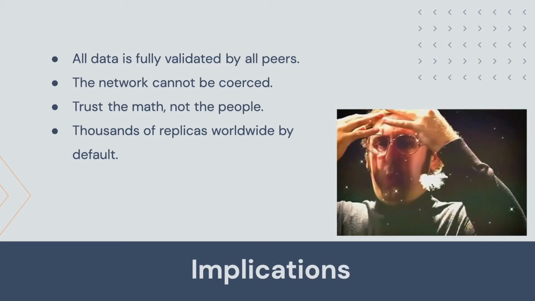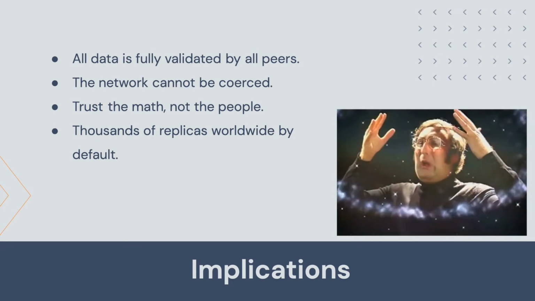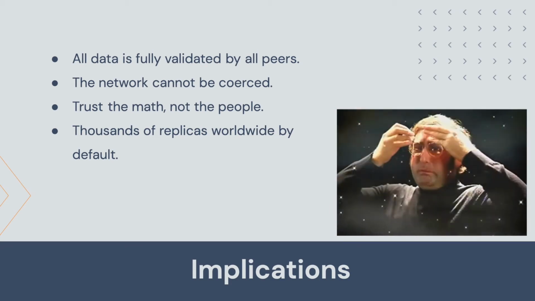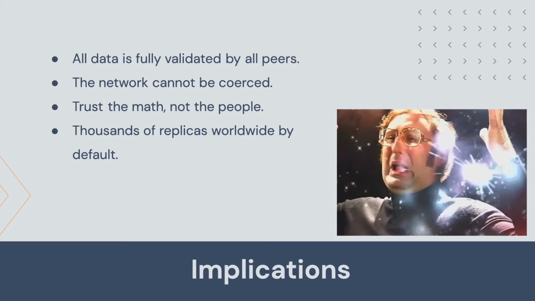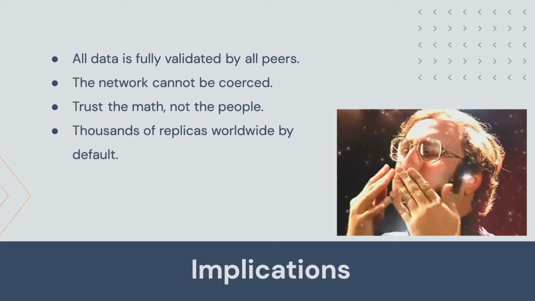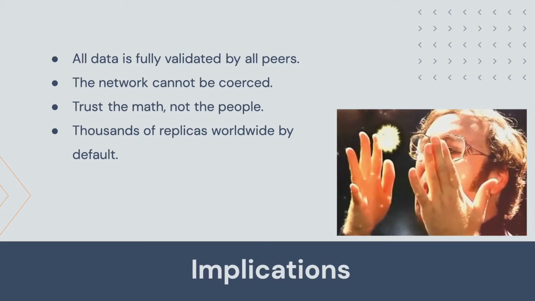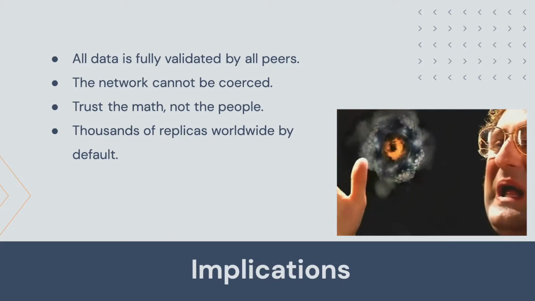Number two, no single party can influence the consensus mechanism. No government, no individual. If anyone tries to slip in a forged block, then everyone will notice. If anyone tries to coerce the chain into changing data, then everyone will notice. Just the same way that you cannot repeal the law of gravity just because you put it in the parliament.